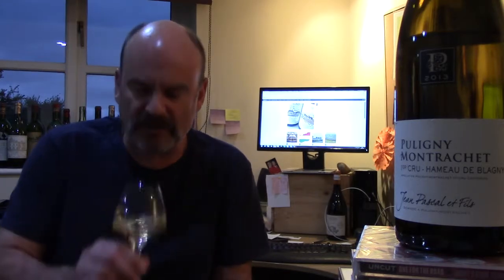Well, 2013 white Burgundies I must say I rather like, and they have a sort of sweet and sour effect, and this does as well. At the core of the palate is quite a dense weight of mineral stuff, a mineral dense core to it. But around that there's a very lemon and lime sweet and sour sort of fruit, and it's very direct and